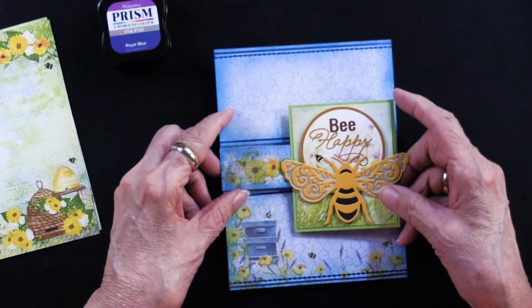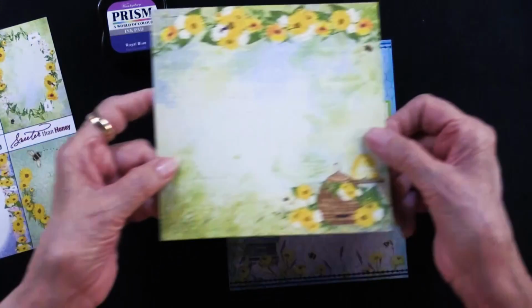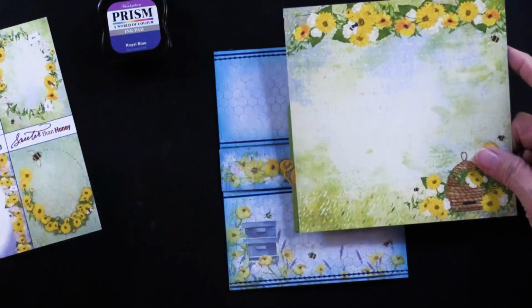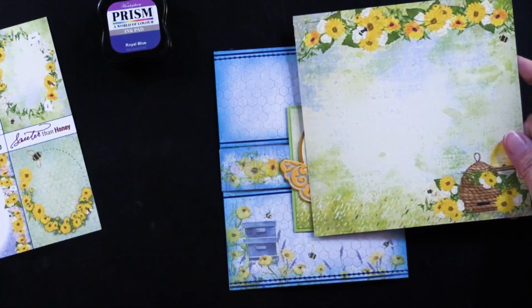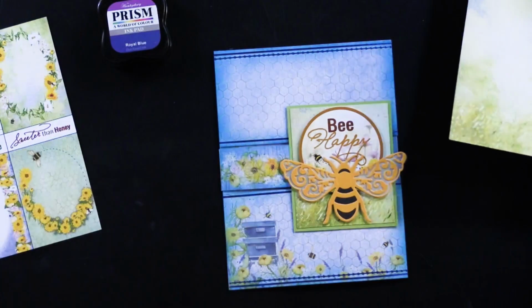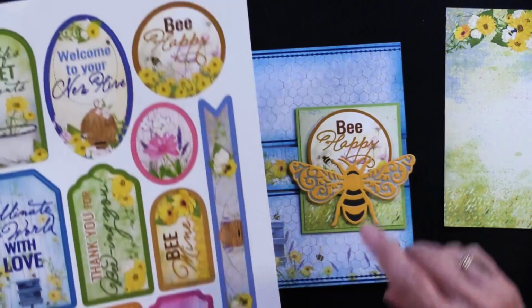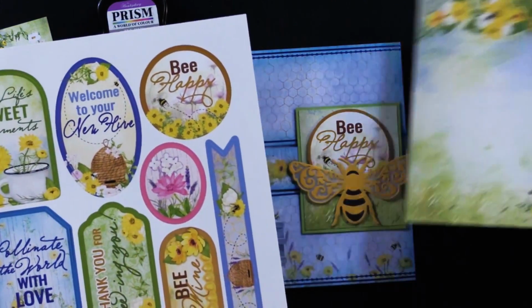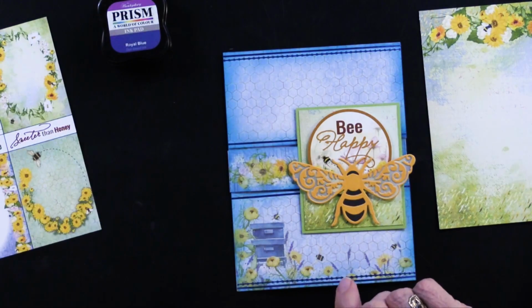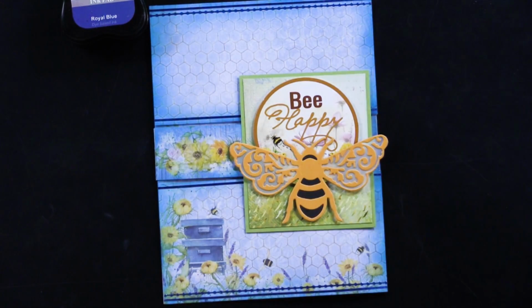We're going to go back to the front, and this is one of the papers. Let me show it to you. We kind of saw this a minute ago with one of the larger cards. Remember this? This was used and that was used. Well, this time she's used it here, and she has matted it on the green. And that green, we use the darker green on those flowers. Well, the lighter green is used on this side. And then the Be Happy is part of the die cuts. And here it is right here. I thought it was interesting because this is very green and yellow, but she chose the one with the brown, and I thought it was a really good mix, especially with that big bee going on there. So that was fun. So this one is going to be foam taped on top, and then our cutting die,